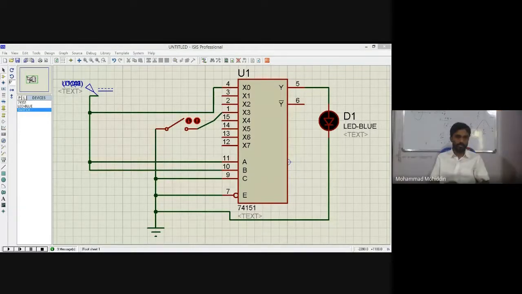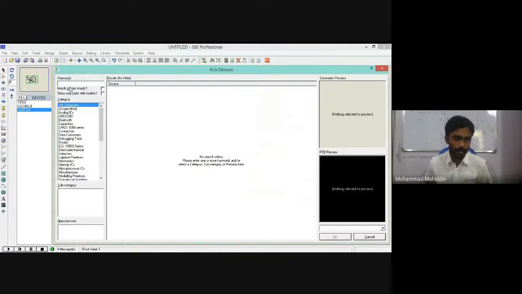Note down this. So it is 151. 151 is 8x1. So IC number 153. Now let's do 4x1. Take IC number 153.